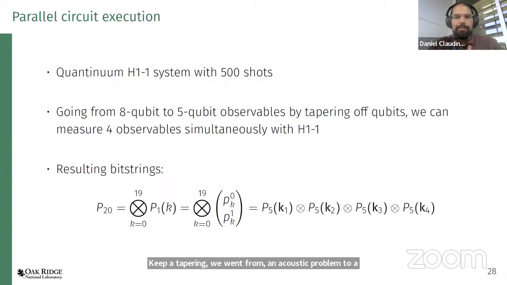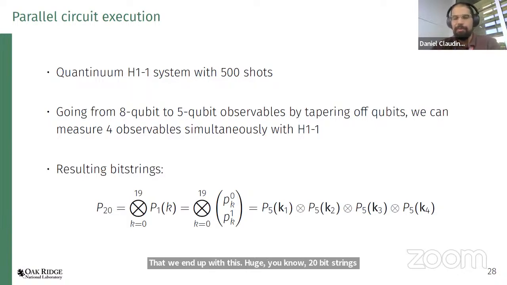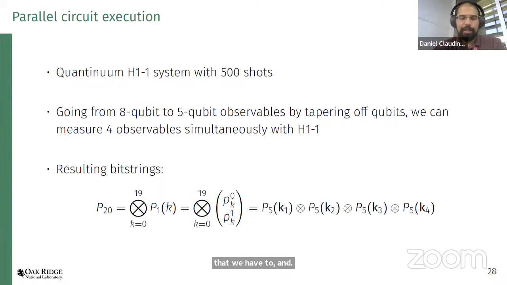And given that this hardware has 20 qubits, we were able to implement 4 simultaneous state preparation and measurement protocols. Now we end up with these huge 20-bit strings that we have to decompose and trace out each degree of freedom individually, but it's much easier to handle than having to cope with